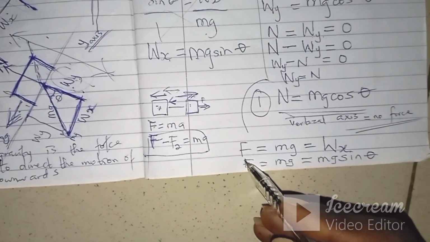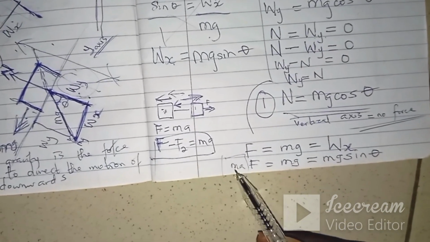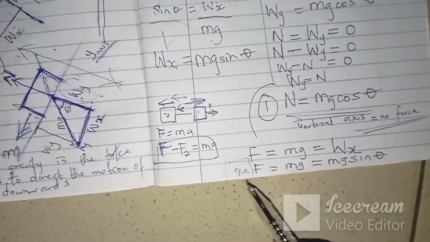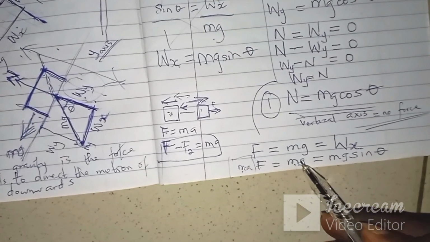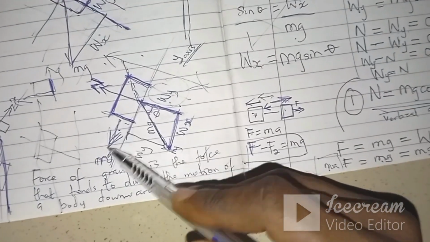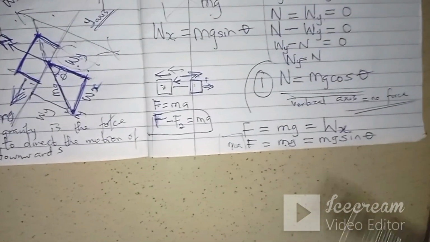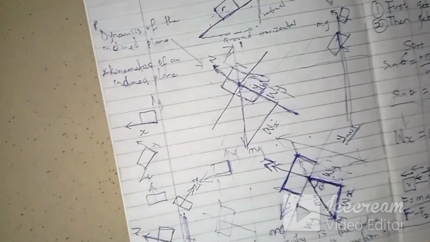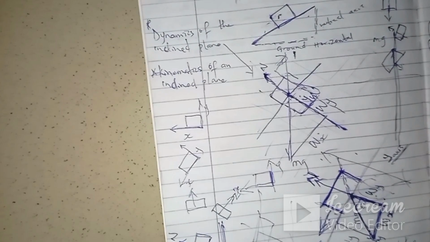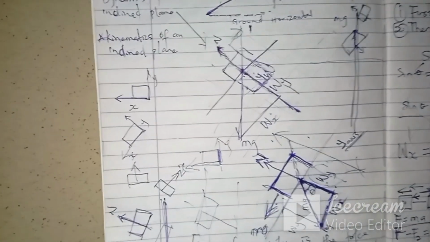Remember that force is ma. For one object, force is ma, equal to mg in this case when it's coming down, and equal to the forces, or should I say weights, on the x-axis. So whenever they ask me to find the acceleration of a body on an inclined plane, I can use the same principle to say